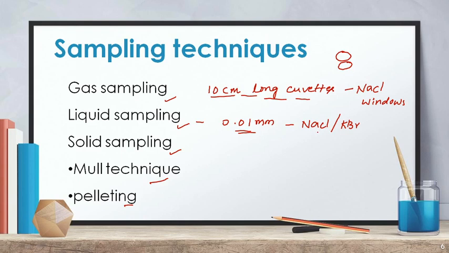Okay, so whenever you use sodium chloride plates, the technique must be like this. If in place of sodium chloride you use potassium bromide, the same two plates, potassium bromide plates, have to be taken. In between the two plates, we have to drop a single drop of a liquid, and we have to squeeze the two plates.